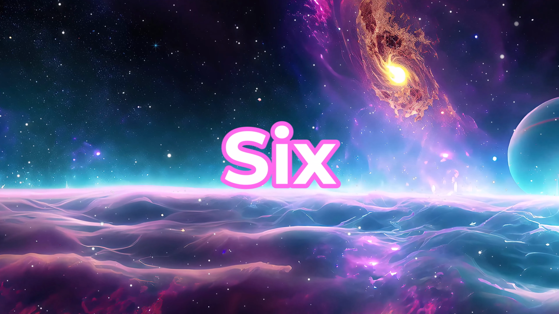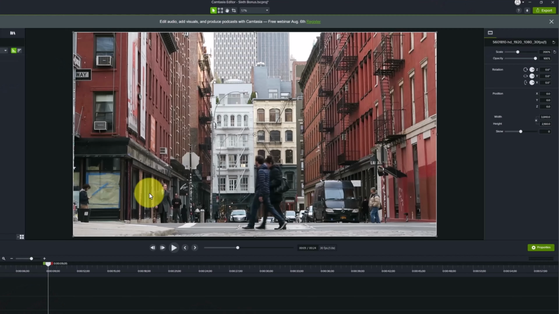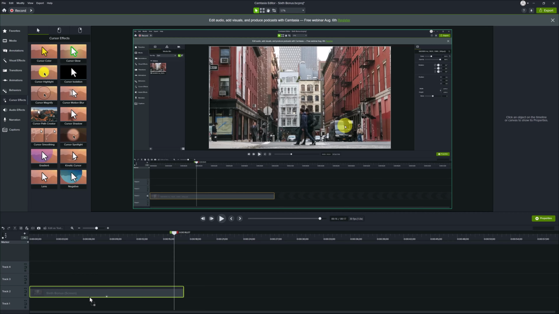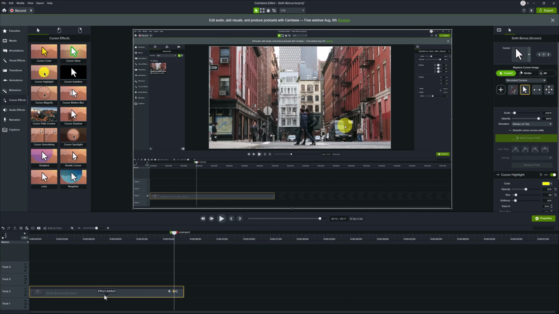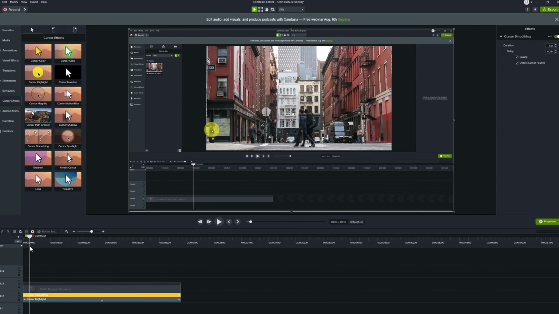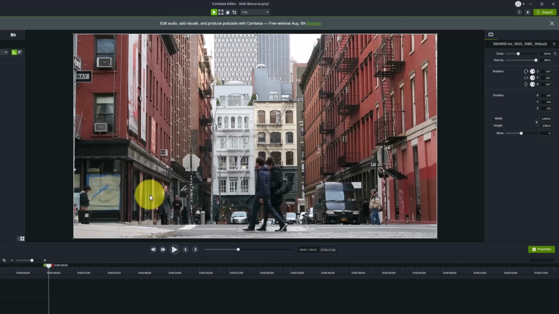Sixth, a bonus: cursor smoothing. Your raw screen recording captures every tiny mouse movement, every wobble, every hesitation. In the cursor effects panel, you will see cursor smoothing. Cursor smoothing cleans this up. It makes your cursor path flow smoothly, like a steady camera pan instead of a handheld shake. This is especially important if you use a trackpad. Trackpad recordings are naturally jerky. Smoothing takes the edge off,